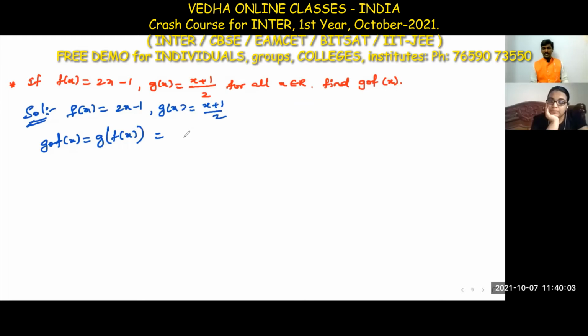So in this g of f of x, in place of f of x, whatever function we have for f of x, write that function here. I am replacing f of x with the f of x function. Understood?